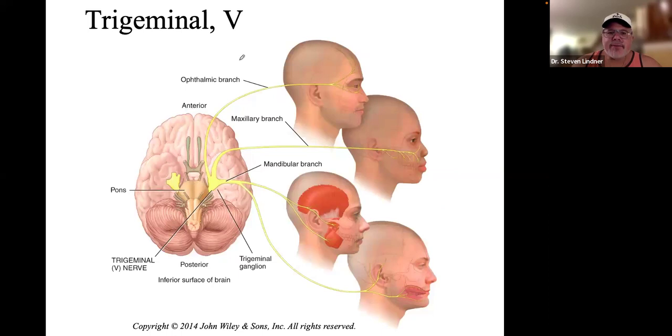Cranial nerve 5 has 3 divisions. This is V1, this is V2, and down here, this is V3. This is why the ophthalmic branch, V1, is the sensory part of the corneal reflex. If something touches the eye, cranial nerve 5 has to sense it, and then cranial nerve 7 makes the eye